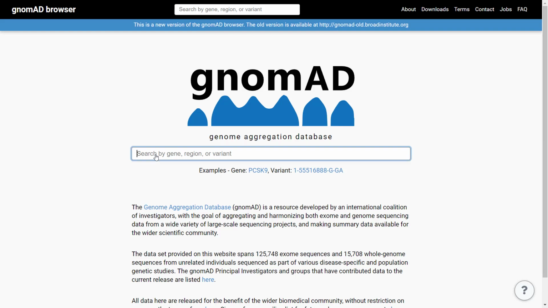This variant is well documented to confer breast and ovarian cancer predisposition. The deletion of two nucleotides early in the transcript causes a frameshift mutation and a non-functional protein. The genomic location of this variant, according to version hg37 of the human genome, appears now on the screen.